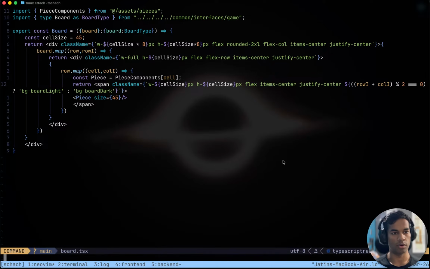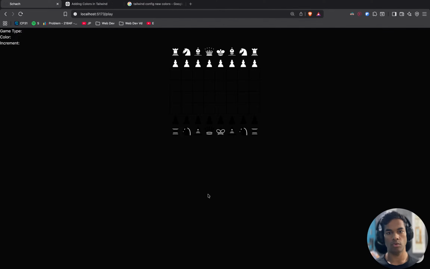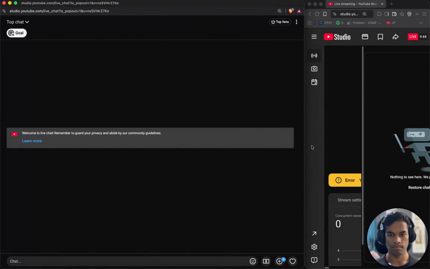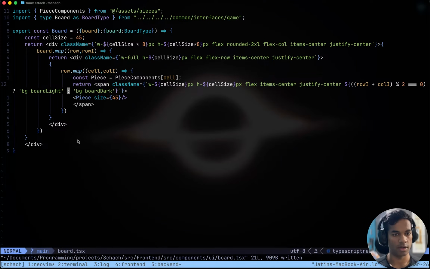Board light and board dark. See, how do we see the board? We do see the board, but it is a bit messed up. Okay, the board is a bit messed up.